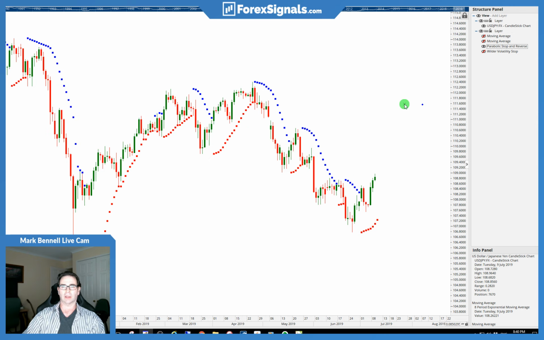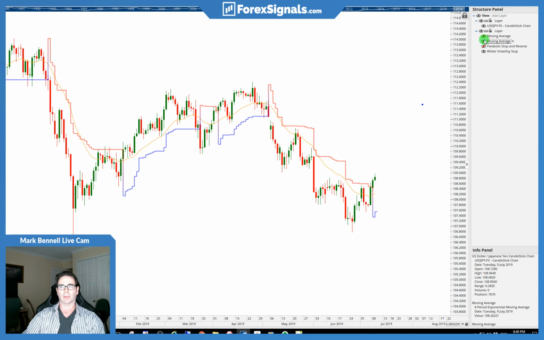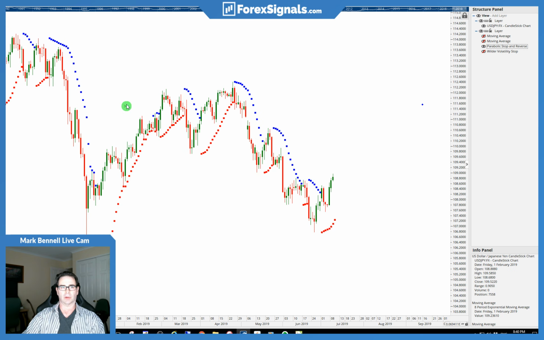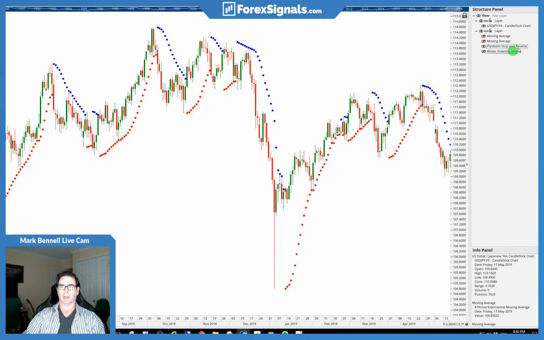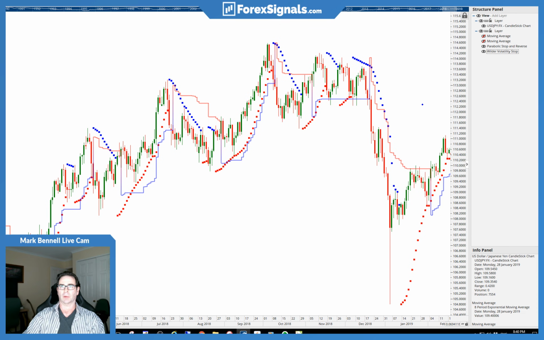So really, at the end of the day, we came back with the majority of them actually ending up roughly the same, with the exception of the parabolic stop, which was useful in parabolic moves. So we can see here, parabolic got us out here, the volatility stop there. There was probably a little better. Here's probably a good example.